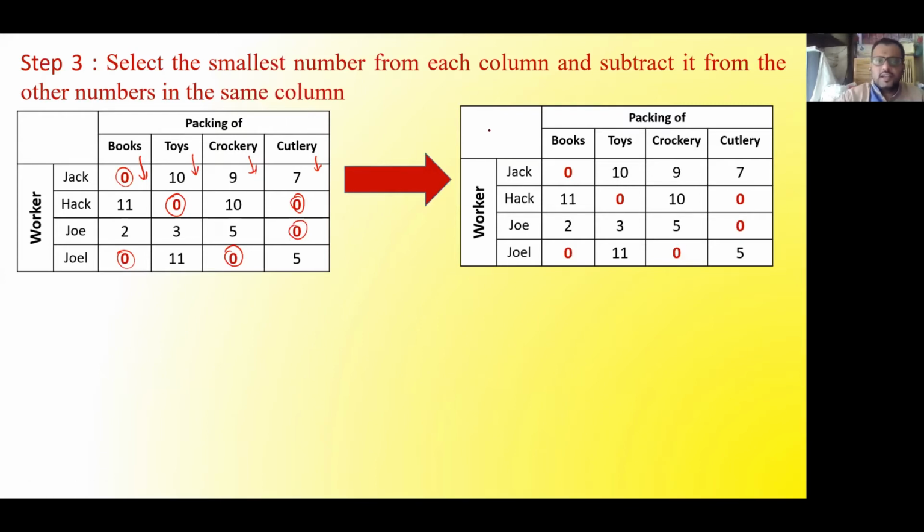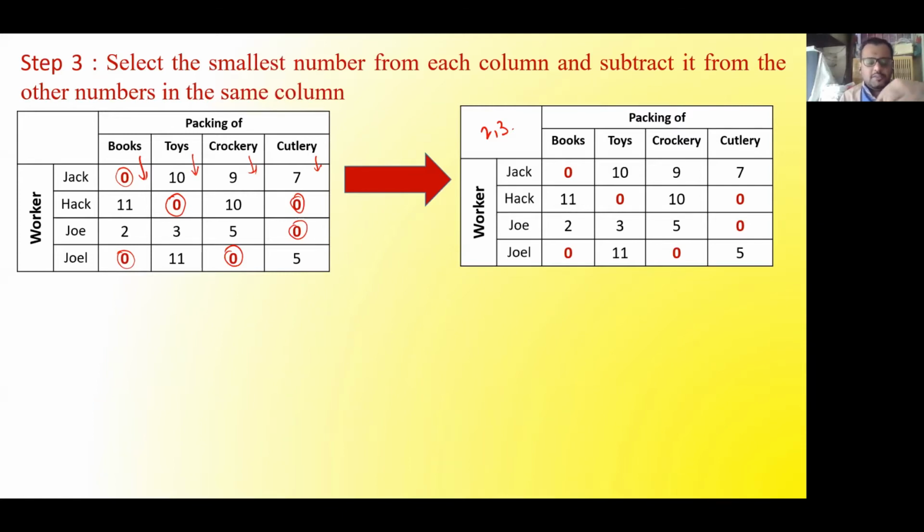So this is, I can say, your step number 2 as well as 3, because no change was made in step number 3. It is as it is, copied. Then can someone give me what is the next step? The minimum horizontal and vertical lines. Yeah, minimum horizontal and vertical lines covering all the zeros.